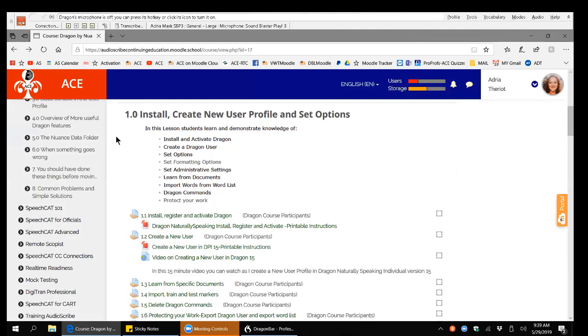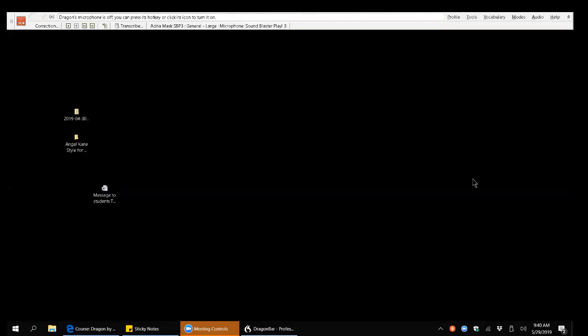It is 1.2 beneath item number 1, install, create new user profile, and set options. Under 1.2, create a new user, you will see the printable instructions, create a new user in DPI 15, printable instructions. Now that you know where those instructions are, I am going to show you how to create a new